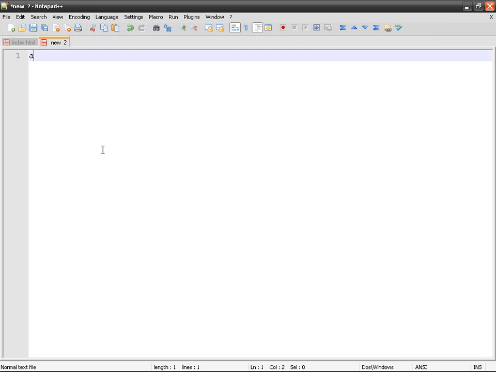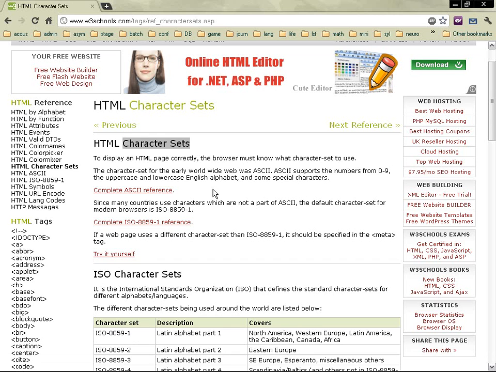A computer does not understand the letter A. All it understands is binary digits. So A is going to be transformed into a series of 0s and 1s. We have to find a way to encode the A into a series of binary digits. So for example, let's find here